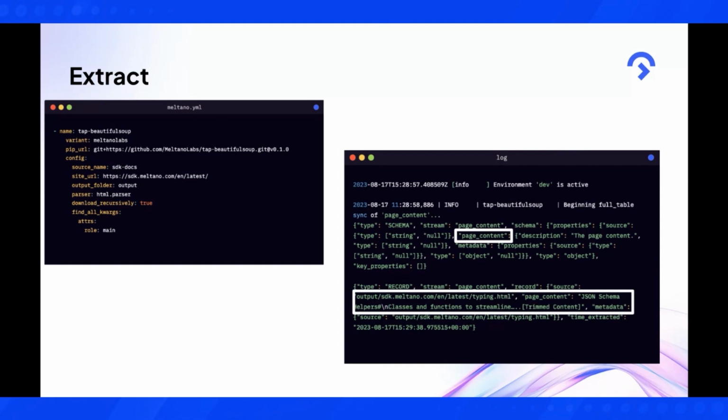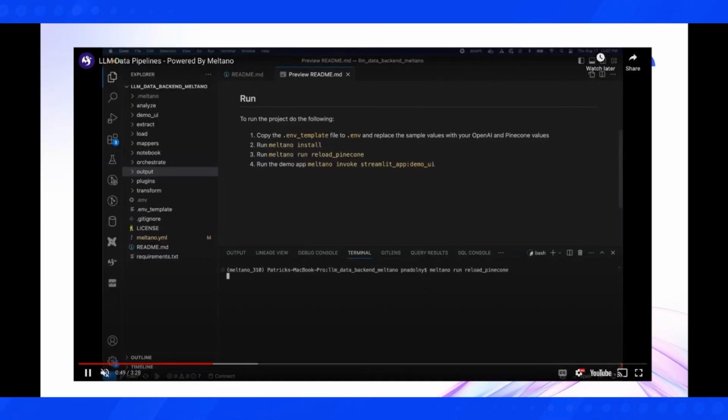All this code is written. You're basically just configuring it, giving it the inputs. On the right is a sample of the page content key, along with the text that's been extracted from our documentation. And then we've got another demo here as we